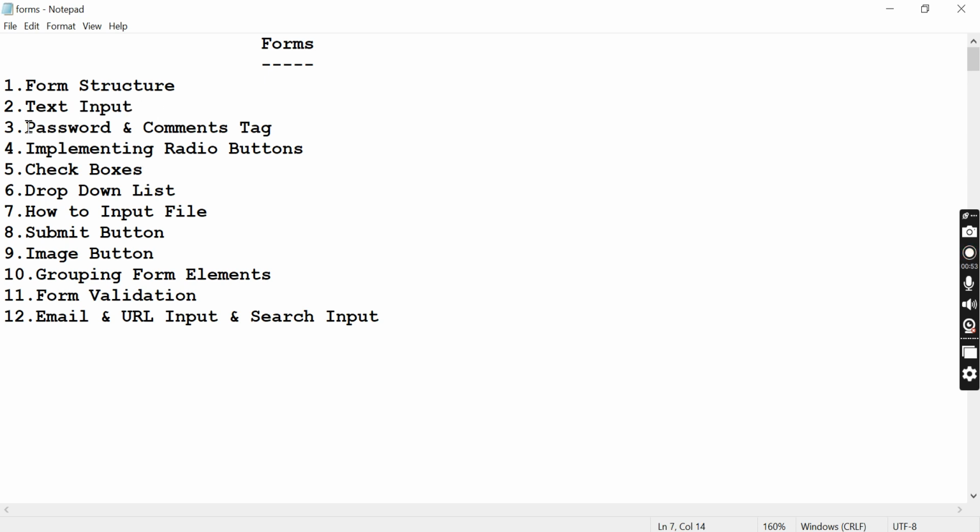So once we are done with that, we will go to the password and comments. How can we give permission for the end user to enter their password, and if they want to write any comments, how can we make such a comment box? How can we create it? And there are different types of radio buttons we will implement. So we'll implement checkboxes and drop down lists, right? Once we are done with that, next we will go to